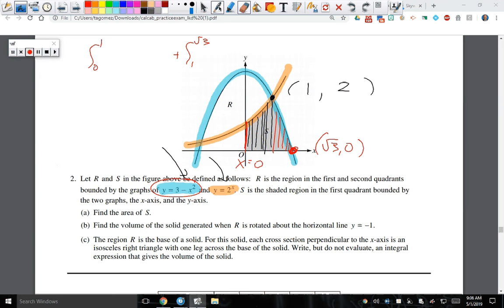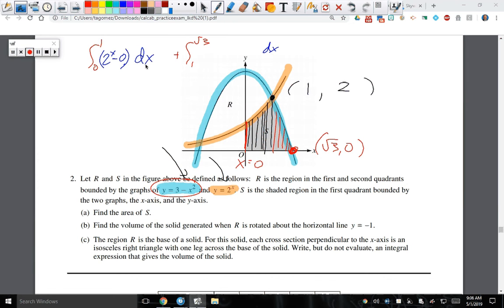Are we good, guys? Okay, so now we said there were dx's. Now I just got to figure out what's the top minus bottom. What's the top on the first one? 2 to the x minus the bottom. And then it's going to be plus